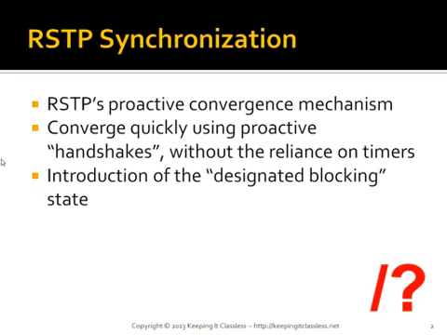So that's important because now we have a little bit more intelligence as to where the failure is taking place, and we also have this idea of doing handshakes between the two switches, which is used to agree on a common topology, just making sure that we don't have to wait for the forward delay timers. We can converge as quickly as these handshakes